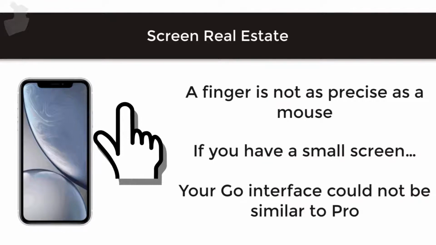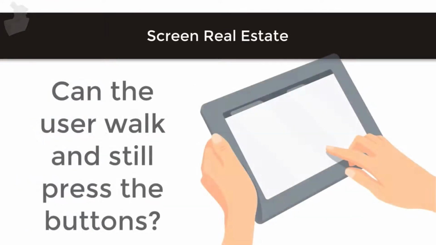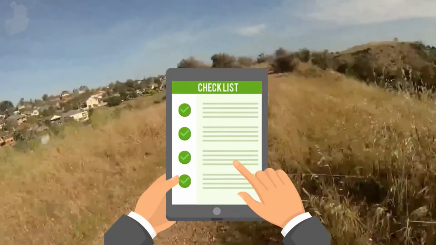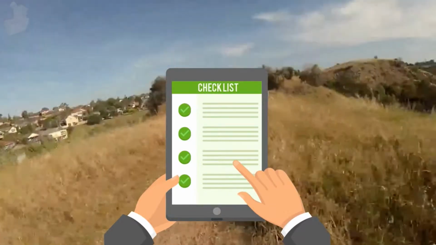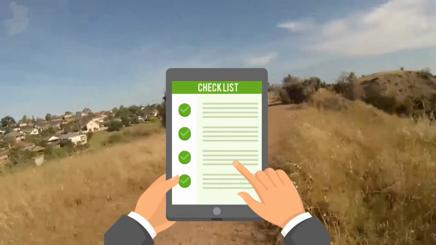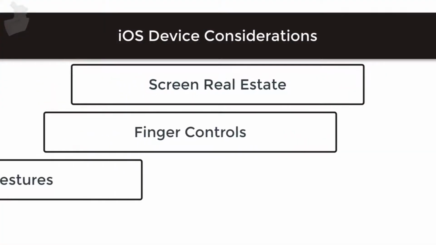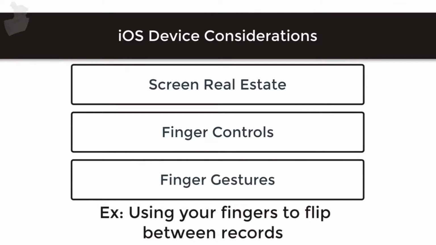Now, you might click on it sitting at a desk, but if I give you an iPhone with a layout designed for FileMaker Pro, and I have you walk down the sidewalk, there's very little chance of you successfully pressing the buttons without making an error. So that's an important consideration. Screen real estate, finger controls, finger gestures, using your fingers to flip between records, for example, or to flip between